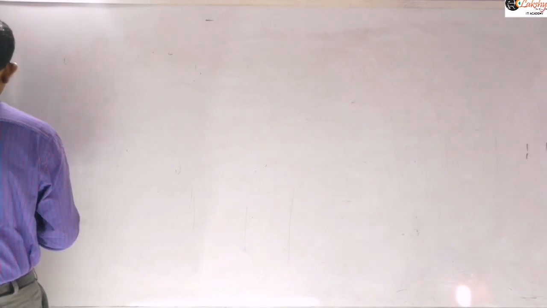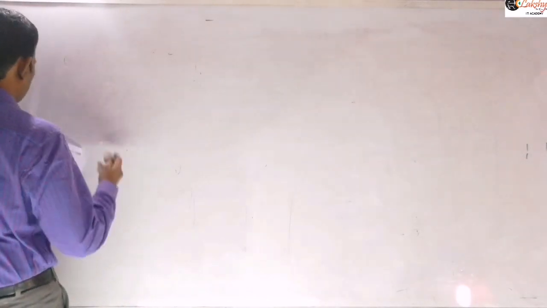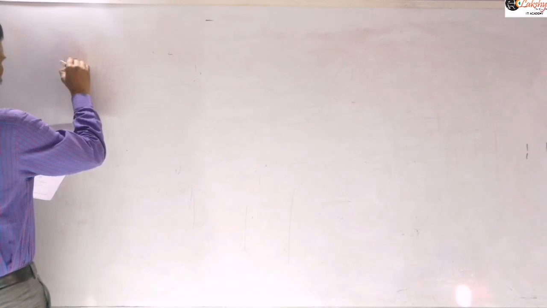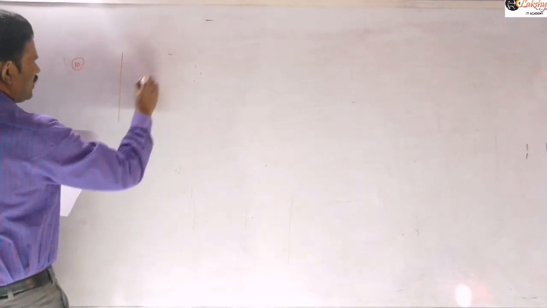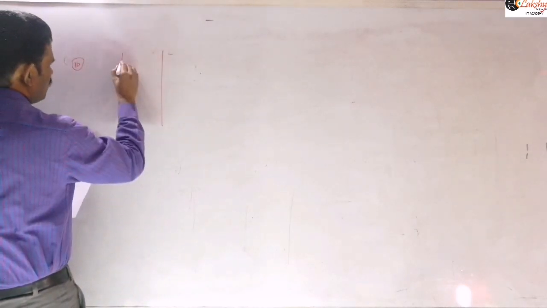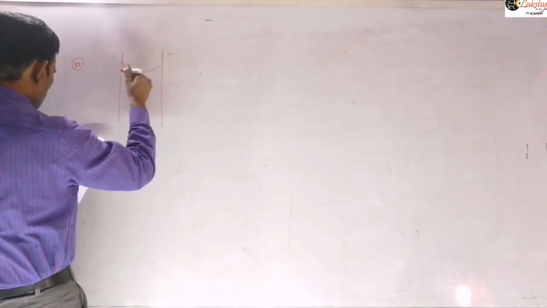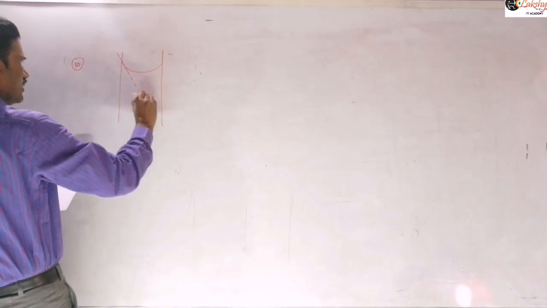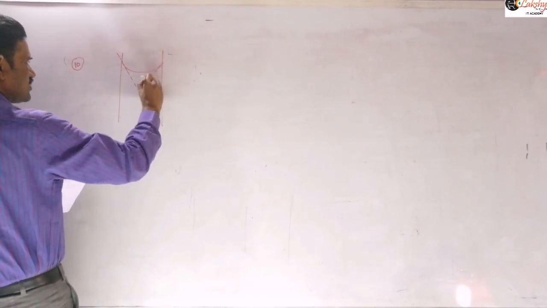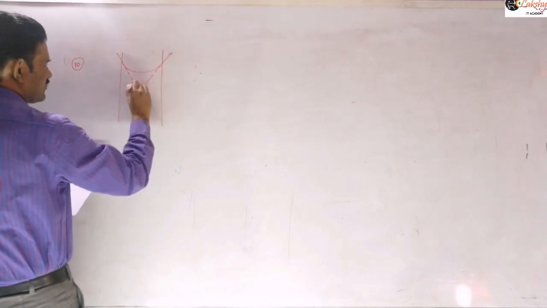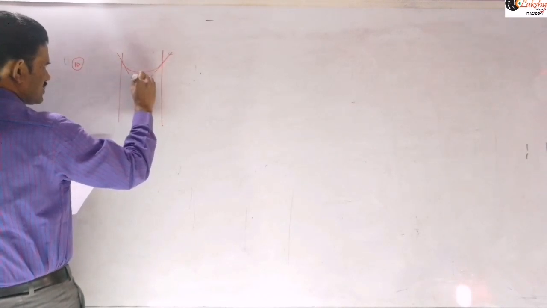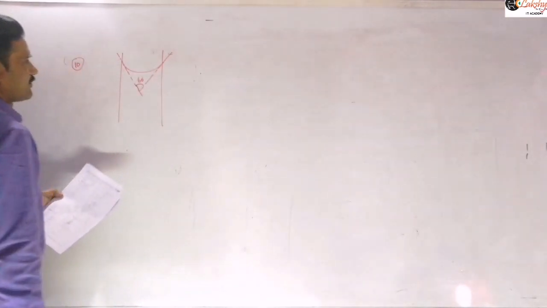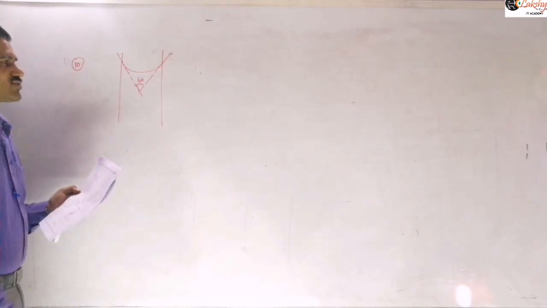So let us see the calculation here. The given information is actually given like this. These are two tangents drawn from the opposite points. So one tangent if you are drawing here, then the other tangent if you are drawing here, then the angle between these two tangents is given here. So the angle between these two tangents is 60 degrees, and from that you can calculate the radius of curvature there.